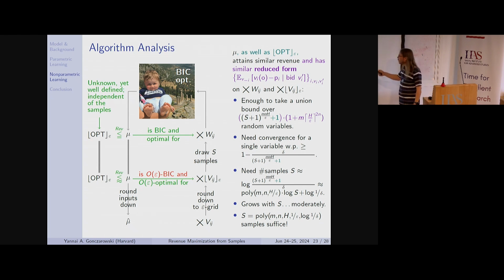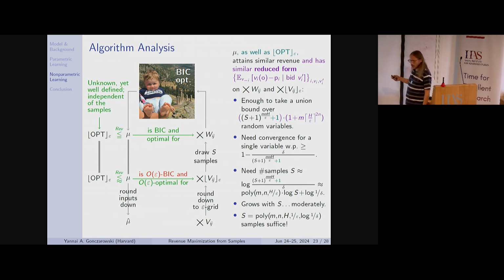Instead of thinking about one random variable, the revenue per auction, I'm thinking about one plus many more random variables per auction. This one is the revenue. These are all the variables in the reduced form. i, there are m options. v_i, there are h over epsilon options. v_i prime, also h over epsilon options. And where did I cheat? Where's the n coming from? v_i is h over epsilon to the n. Yeah, v_i is h over epsilon to the n. Thank you. Good.